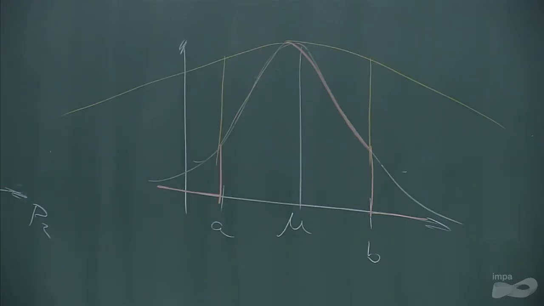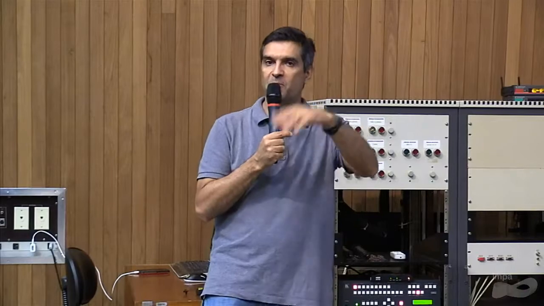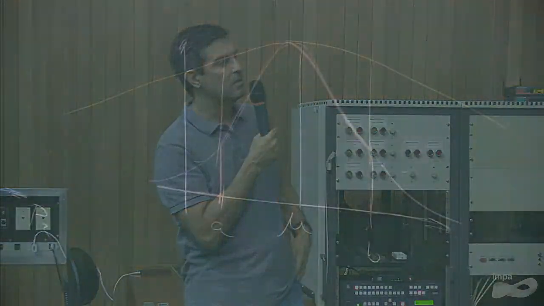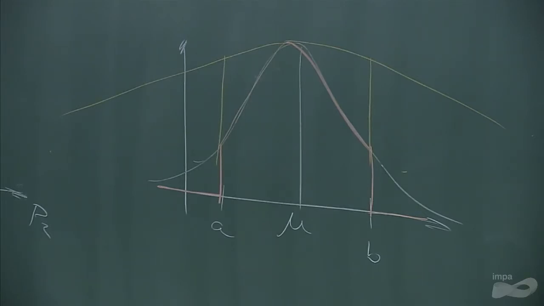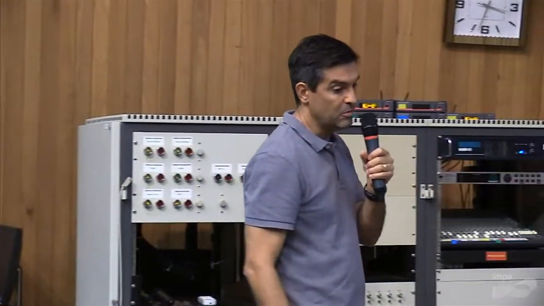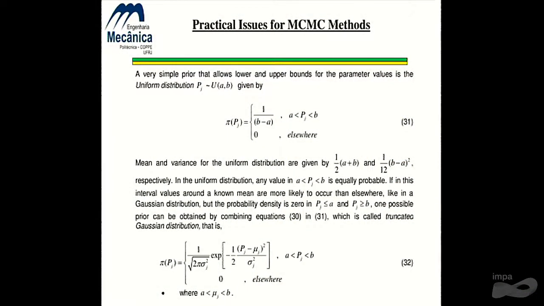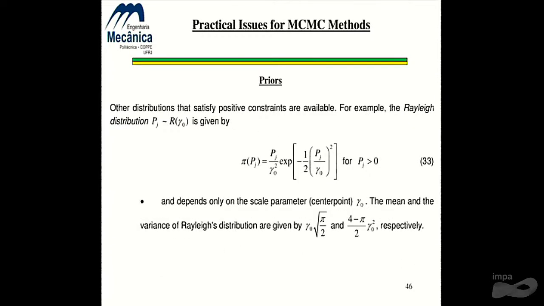Okay, so if you want to write a general code for this, you may, for example, use this truncated Gaussian, because for each parameter you prescribe the minimum and maximum values and also the standard deviation of your prior and the mean, which must be between A and B, and you can then play, because for some parameters you might not want to favor any value around any mean. Why? Because this introduces bias. Okay, this introduces bias. And of course you can